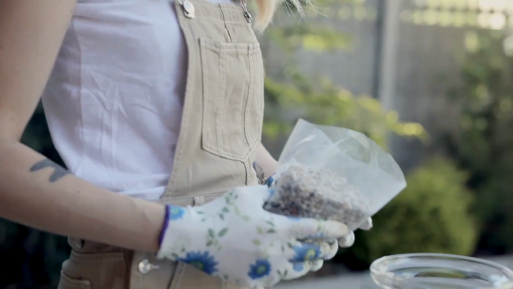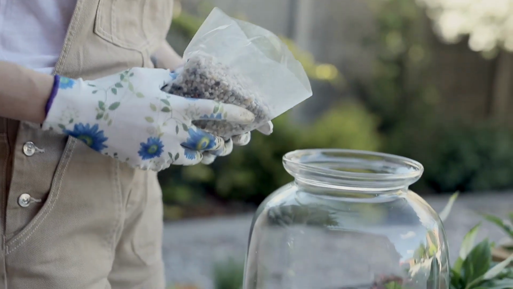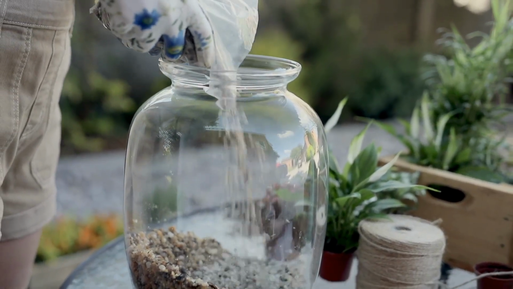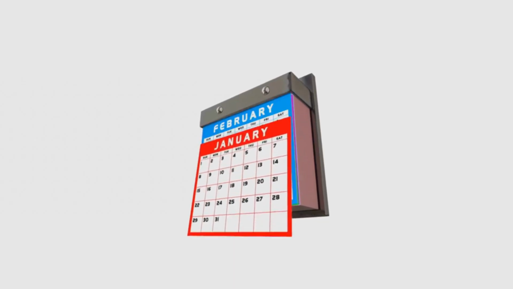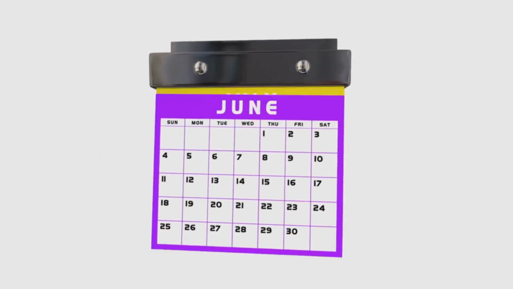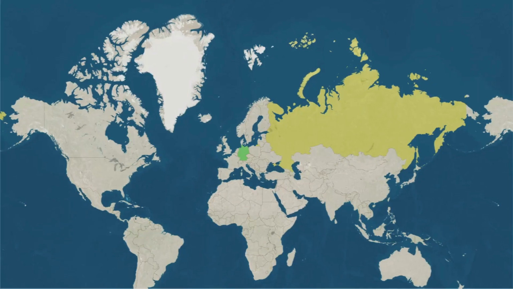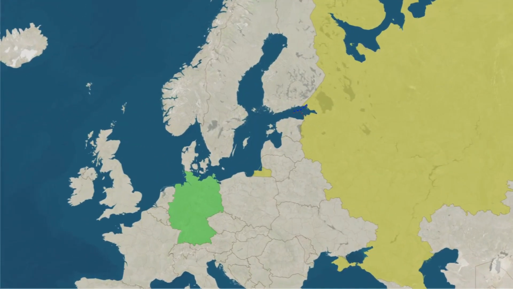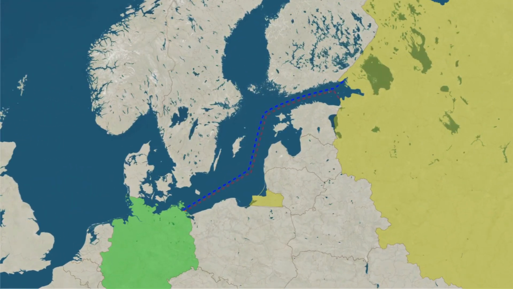Seed packets reference these dates. Sow indoors 6 to 8 weeks before your last frost date. So if your last frost is May 15th, count back 8 weeks to mid-March to start your tomato seeds. This method works in cold zone 5 or mild zone 8 because it's tailored to local weather, making gardening predictable